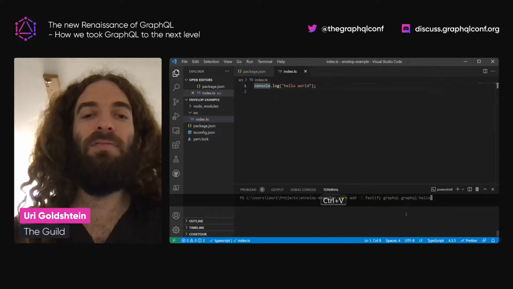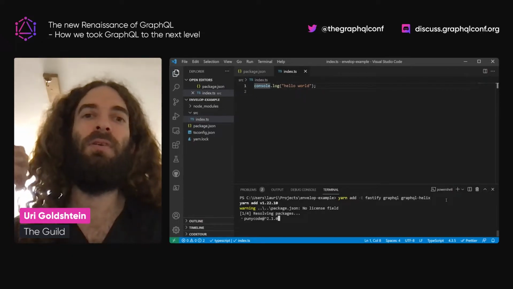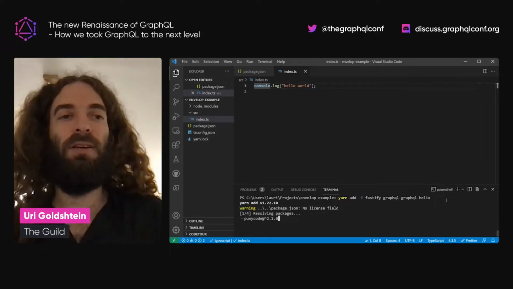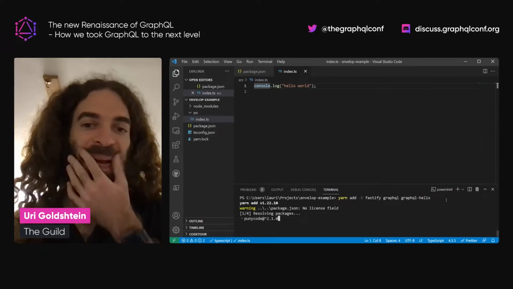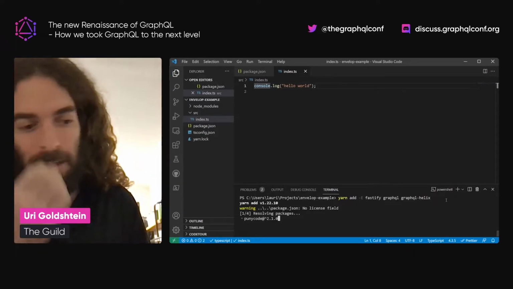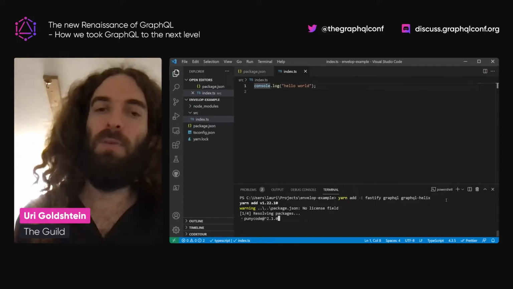Now, once we have that, we need a server. And like I said before, let's separate those two. There's the GraphQL and the GraphQL JS parts, and then there's the server itself. Now, we're going to choose Fastify, but this could be Express. It could be run on some cloud functions, whatever you want.